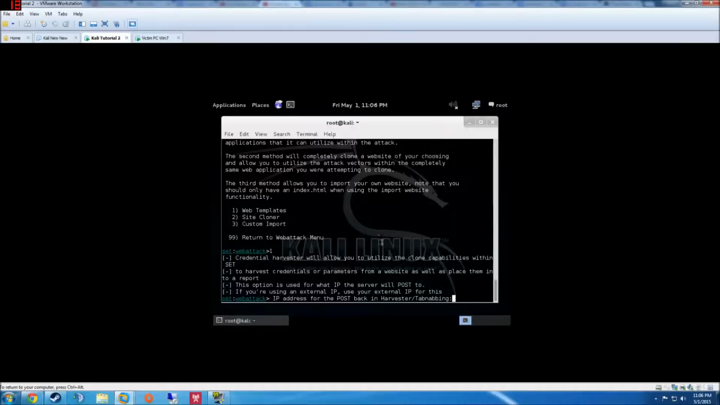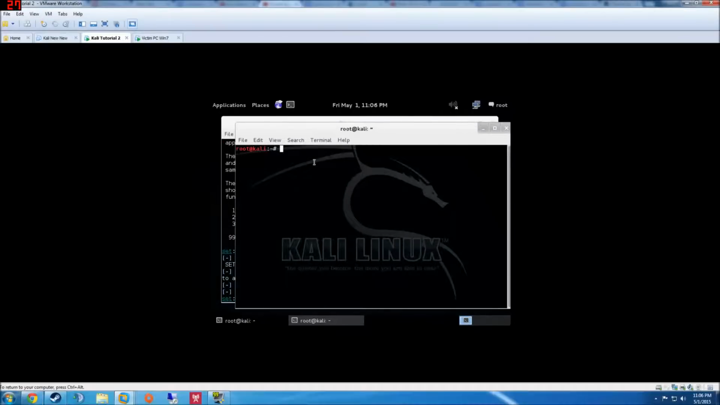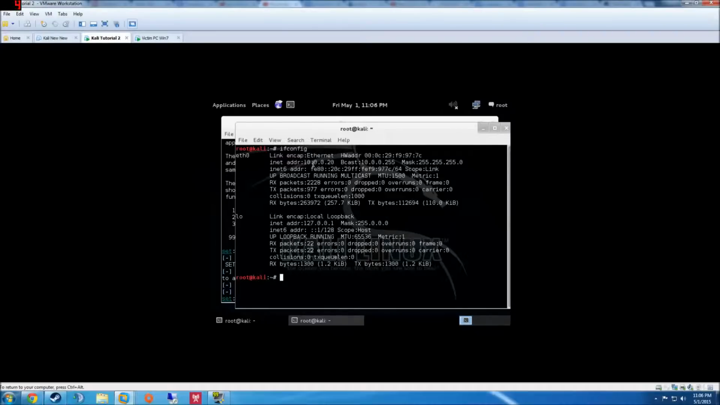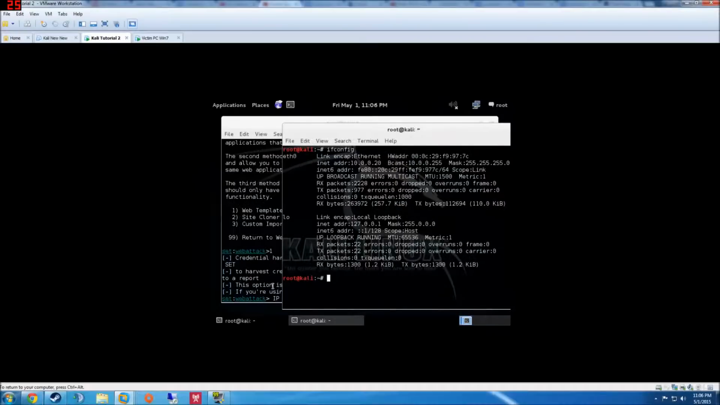Now it's going to ask for our IP address to point it back to, and I'm doing this on my local area network, so I'm just going to find my IP address. To do that, it's just ifconfig in a new terminal, and you just want to look at this, and that's your IP address. So it's 10.0.0.20,